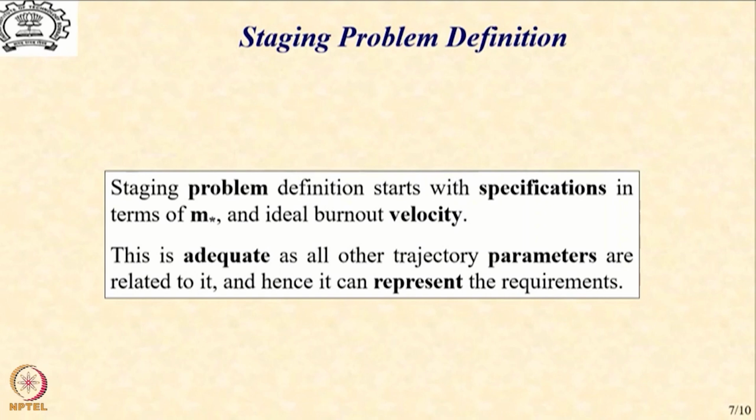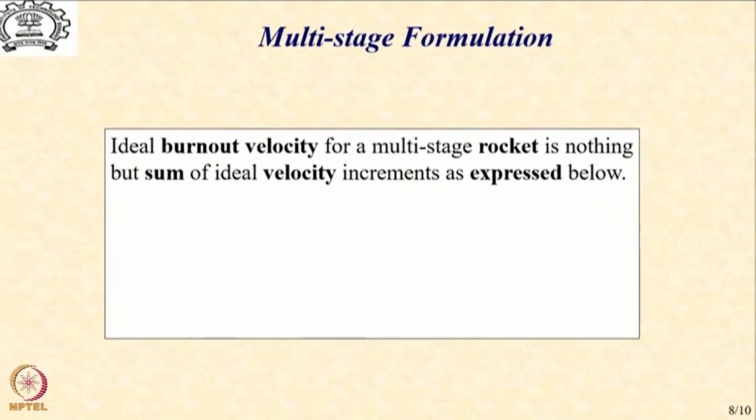Which means that once I get a configuration of rocket in terms of pi i's for a given v star and pi star or m star as the case may be, we have the whole rocket configuration and we also have the trajectory. So how do we set up this problem? The ideal burnout velocity